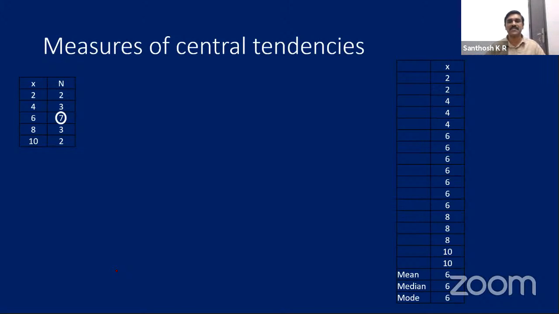So there are 3 different kinds of averages: one is mean, one is median, and one is mode. Why are we calling these averages? Because all of this talks about the midpoint of data. If it is nominal, we look at the midpoint by mode. If it is ordinal, we look at the midpoint through median. If it is interval or ratio, we look at the midpoint using mean. That's why we call these the averages.